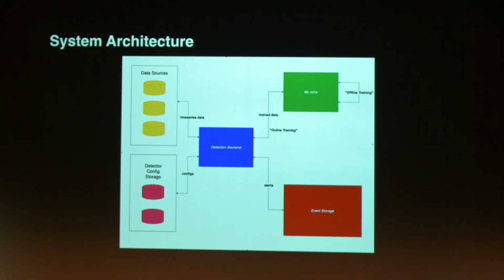Like we said, detectors have queries and a set of thresholds. This query can be anything from our data sources, and in the arrow, you see time series data. So you should be asking, wait a minute, you mentioned warehouse logs, but why time series data? All the data sources that we support have a native pre-processing inside, which turns their data into time series, and then we grab the time series from them. So we don't have to deal with that as the detection backend. That responsibility is up in our data sources.